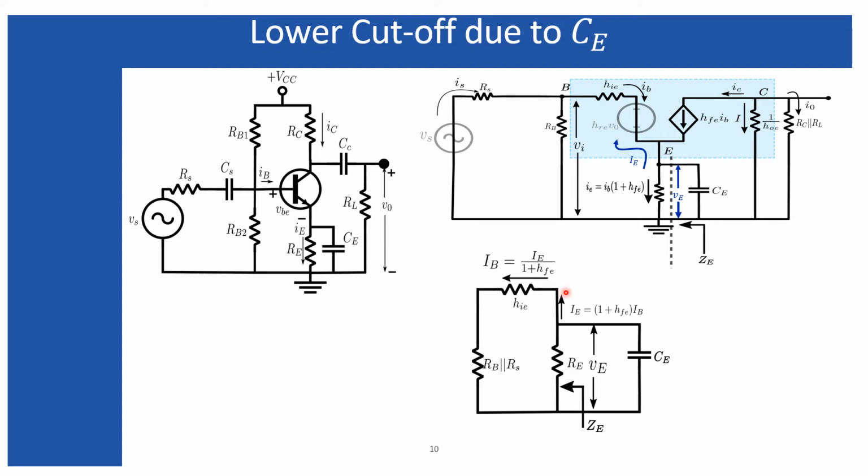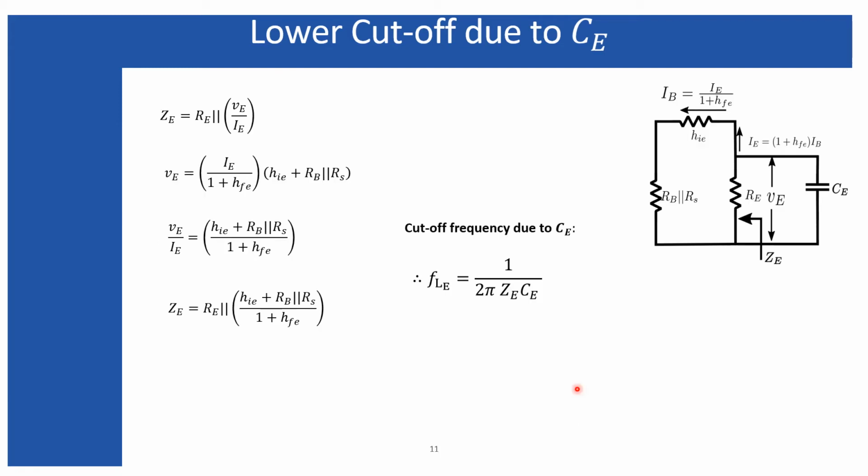It's very simple. Finally, you can find the ratio of VE to IE to find the equivalent resistance ZE when you are looking from this terminal. ZE is nothing but RE in parallel with the equivalent impedance defined by VE divided by IE, because VE appears across the RE. So RE must appear in parallel with the equivalent resistance defined by VE divided by IE. Now,